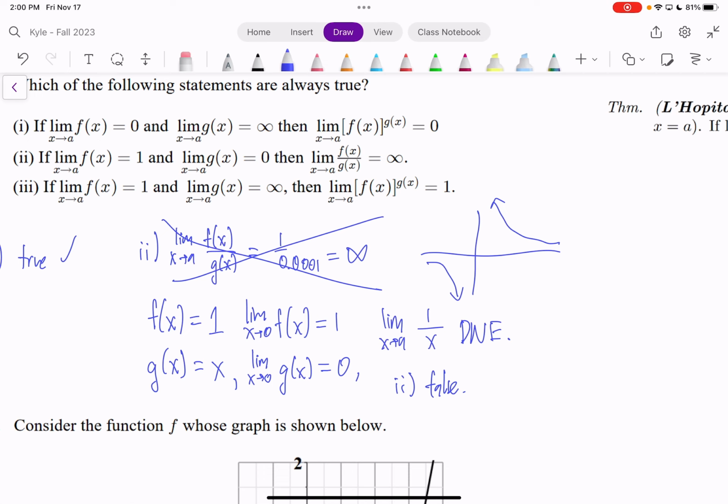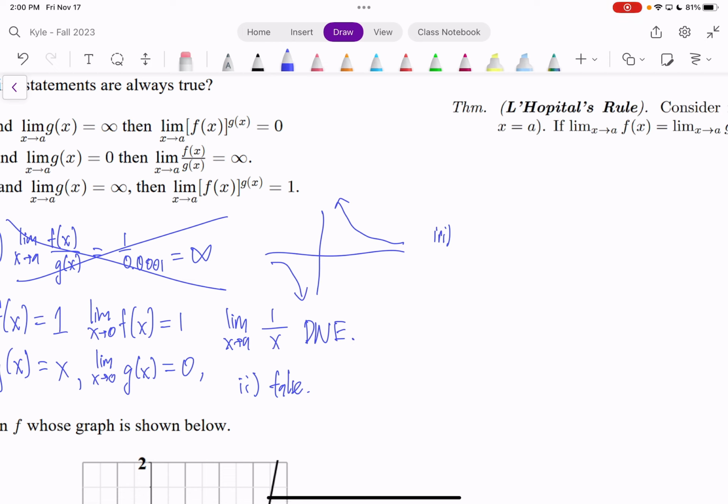It's an extremely big number, right? So not necessarily. If I multiply 1 times itself a bunch of times, could that give me 1? It could give me 1, right? What if f of x is the constant function 1? If I take that to infinity, that'll still be 1, right? So what we have to find for number 3 is a counterexample such as, now we've all seen this limit